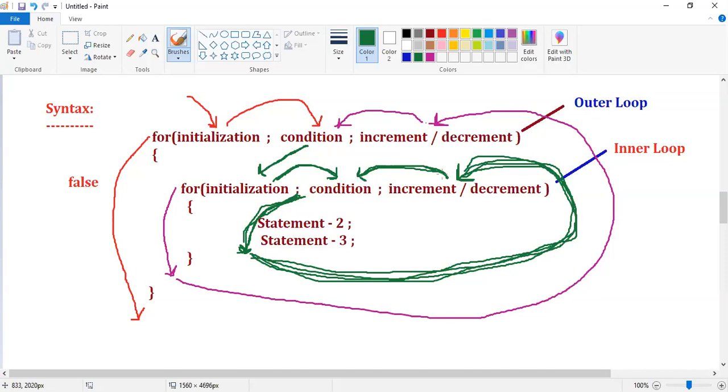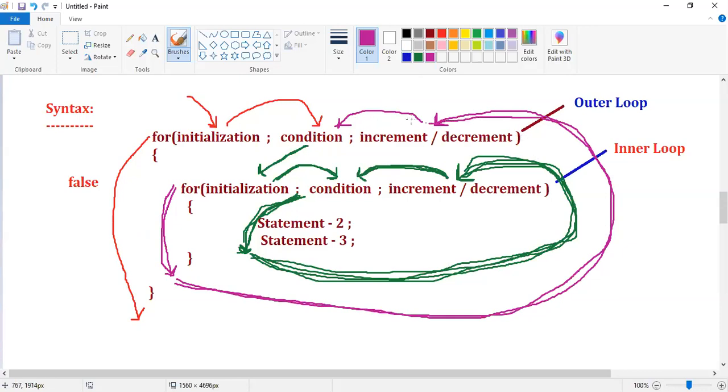From here, condition, this process is repeated. When our inner condition is false, again control comes outside of the inner for loop. After that, control will return to your outer for loop increment decrement.